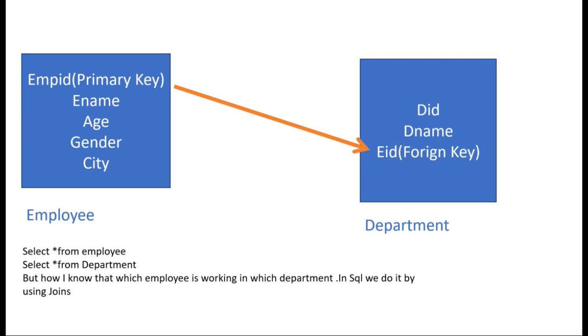As you know, SQL is a relational database management system, so definitely there should be a relationship between two tables. While defining a join, the first most important condition is that there should be at least 2 or 3 tables present in a database. The second important condition is that there should be an established relationship between the two tables.